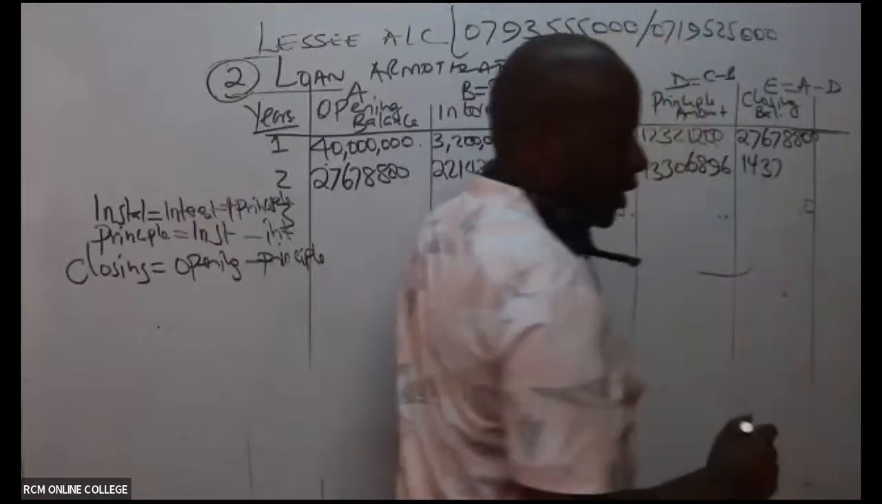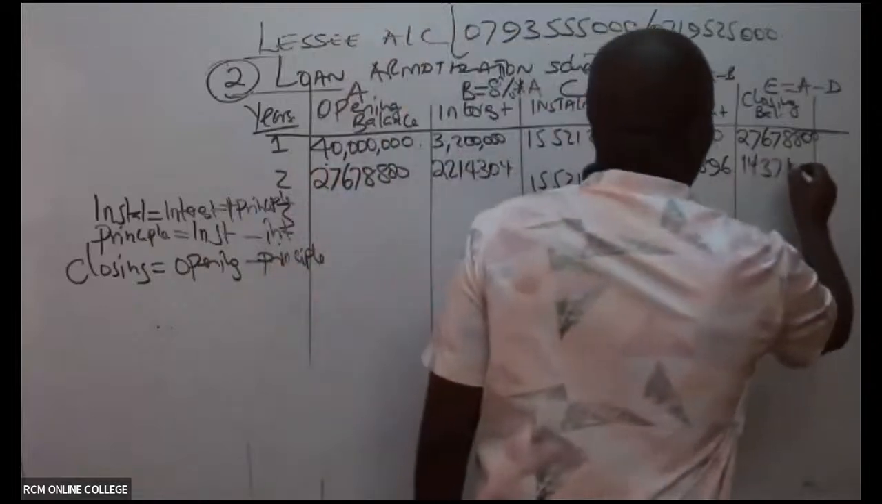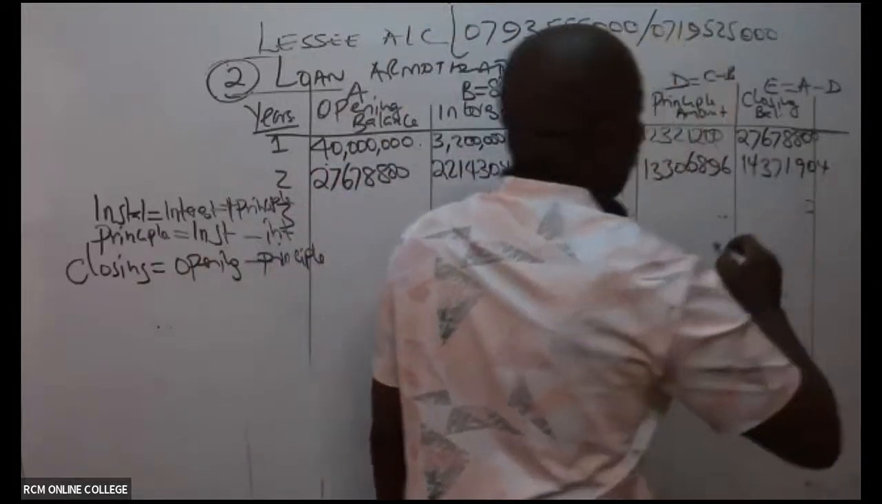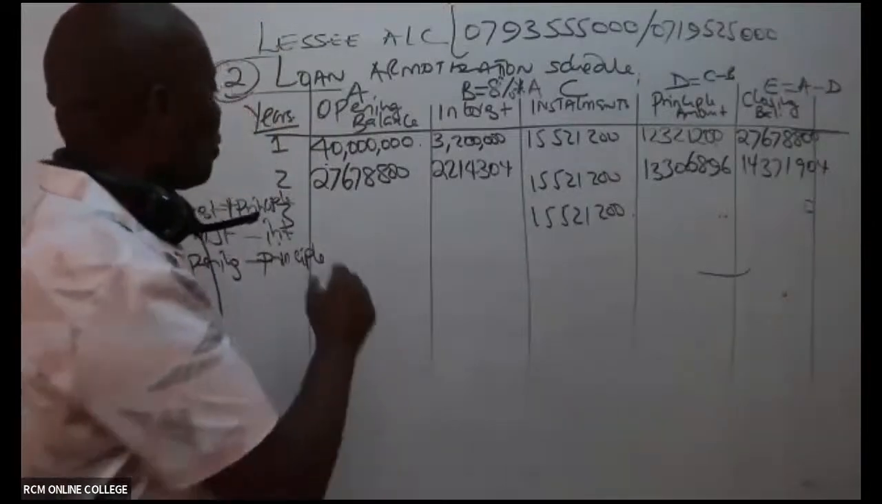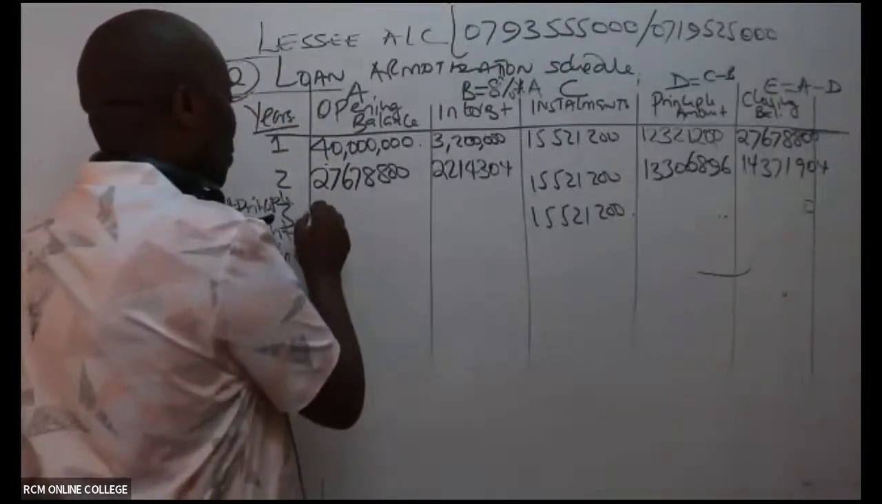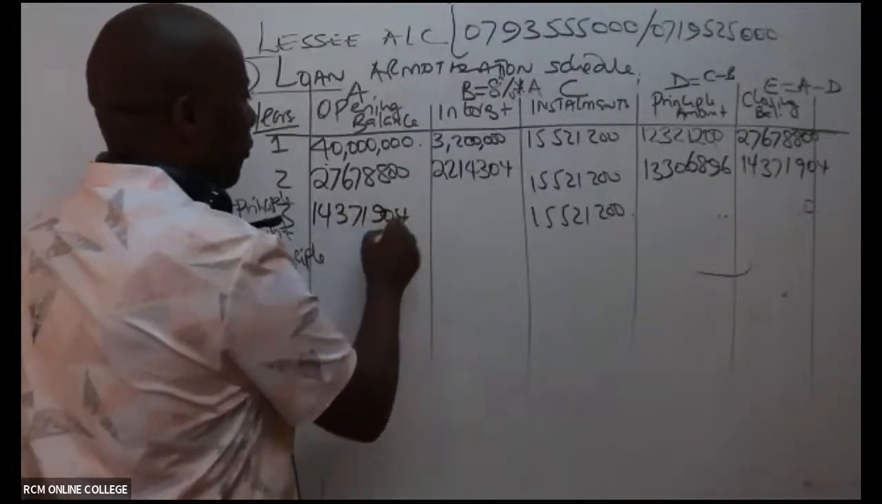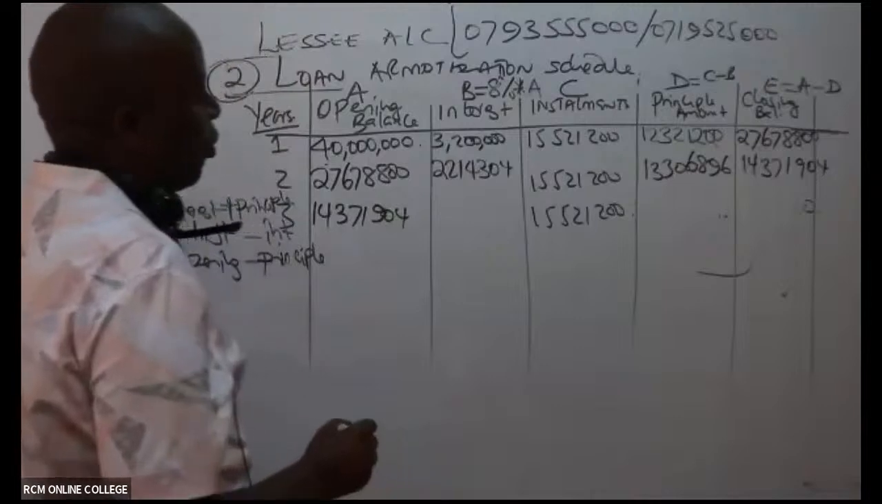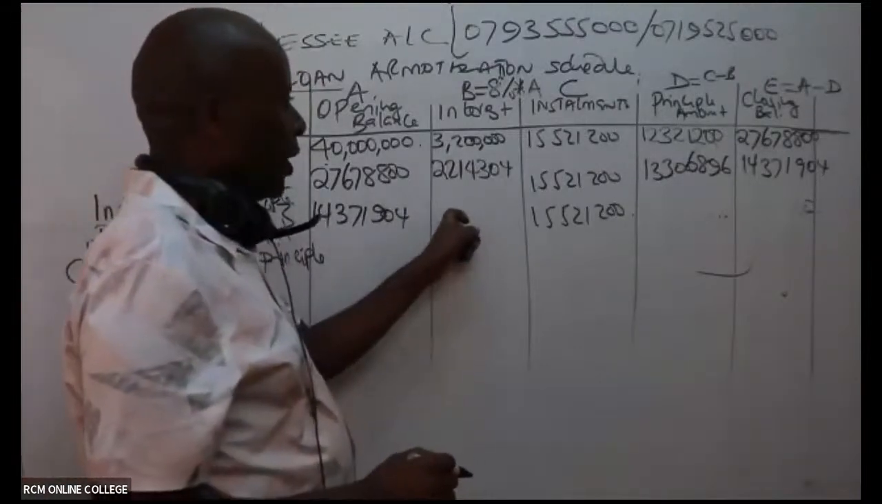14,371 actually. 904. So 14,371, 904. This is what I bring, and we are almost through. Then, ladies and gentlemen, I will be able to compute interest here, which is